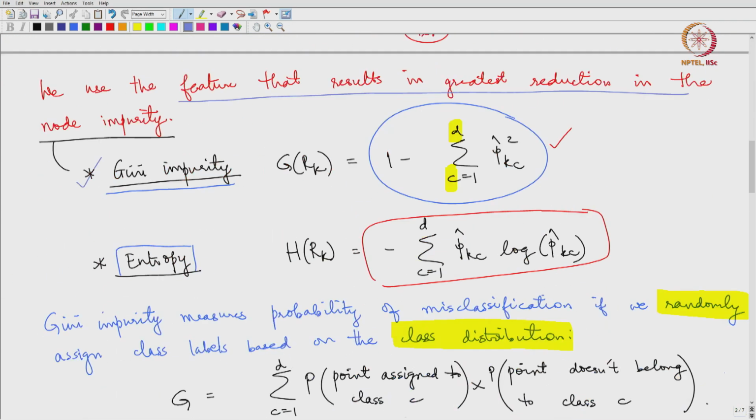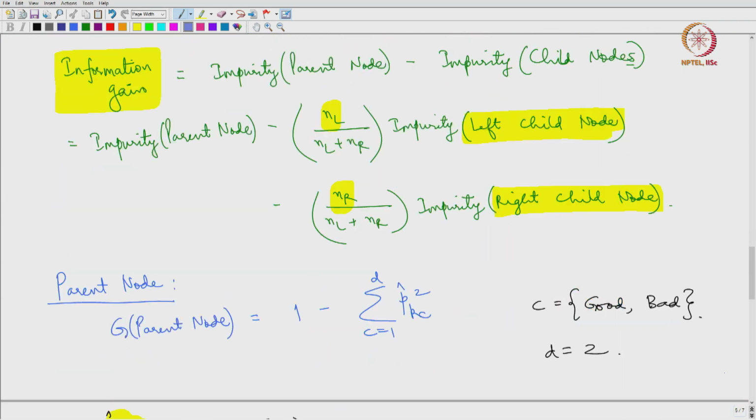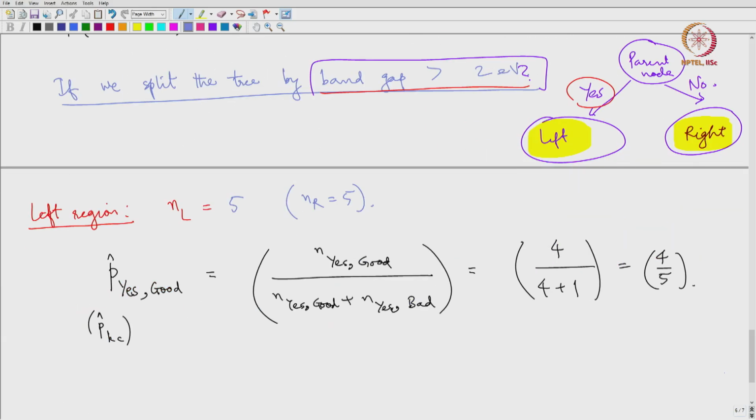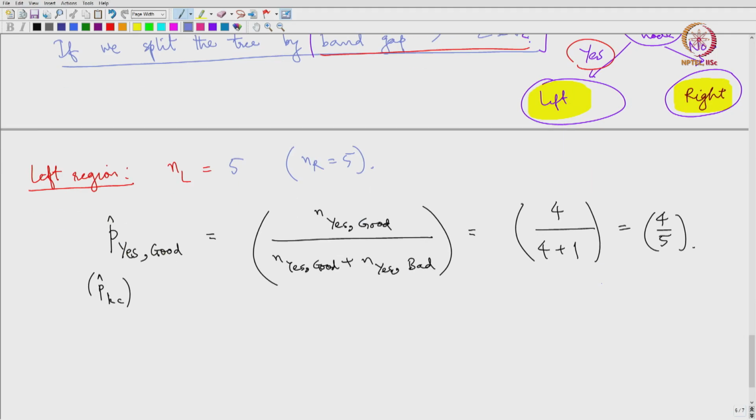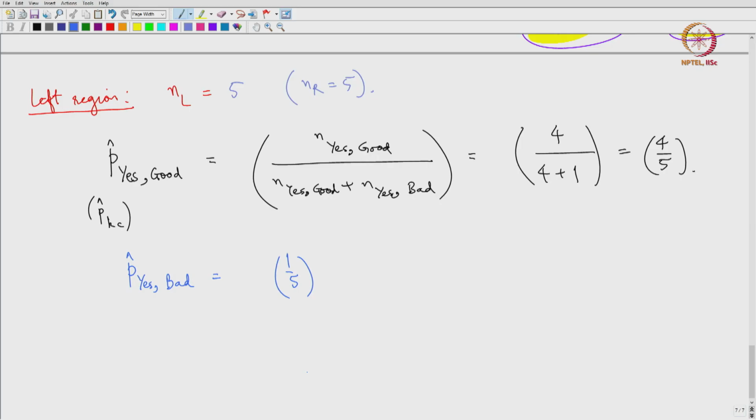So that is what I had written there on the previous page, that n of yes comma good is 4 for band gap greater than 2 eV, and n of yes comma bad is just 1. So P hat yes good is 4/5. And similarly P hat yes bad is just what remains, so that is just 1 divided by 5, so it is 1/5. So now you can find the Gini impurity of the left node,